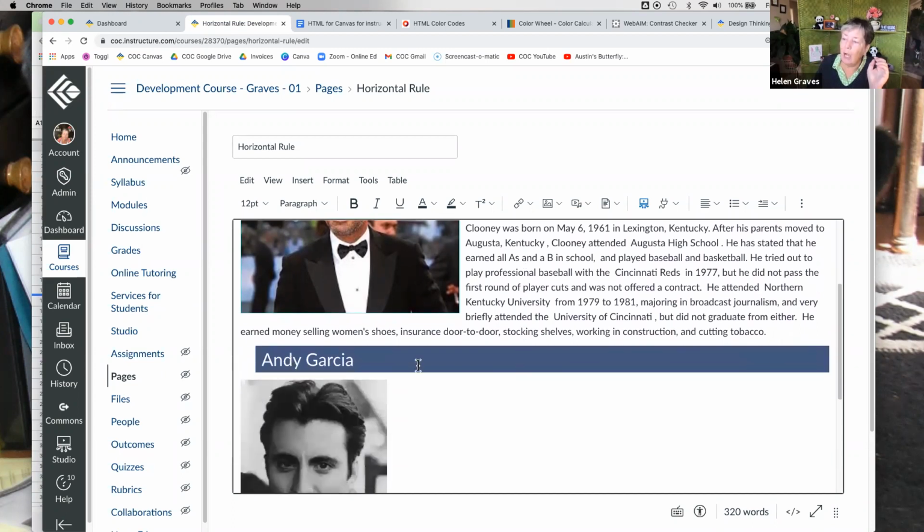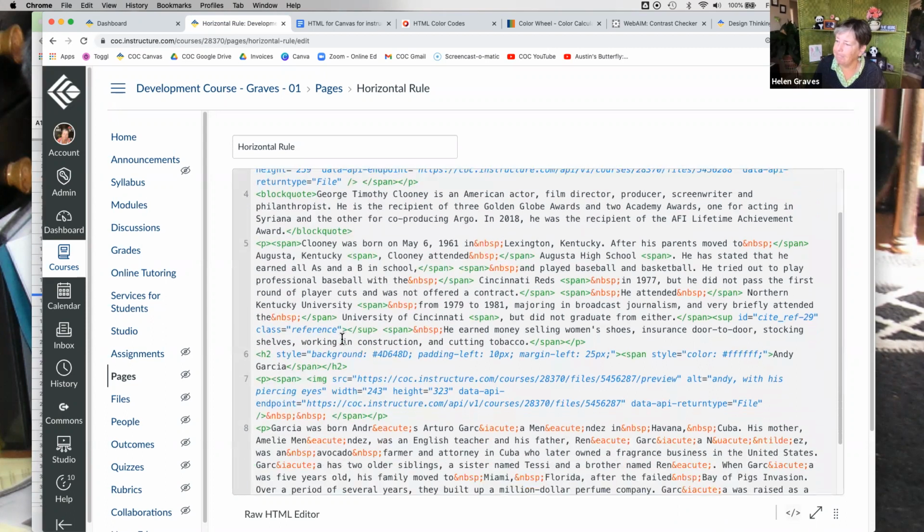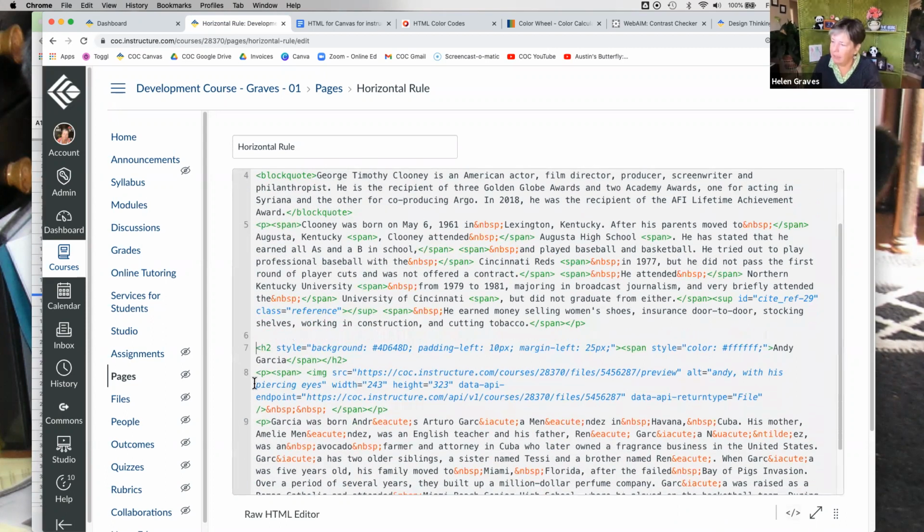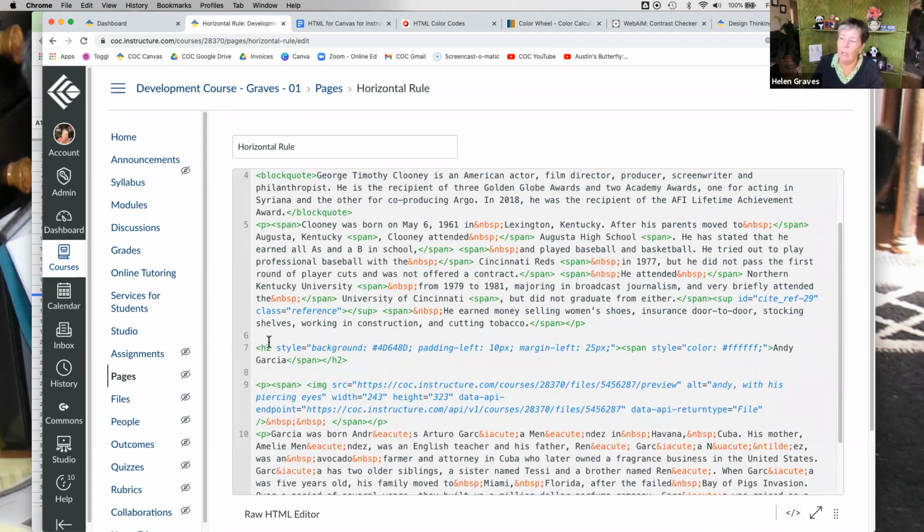So here we've got this section heading, but we added a background to it just for visual interest. In order to get that, let me isolate it for you again. It was the H2. So I had my regular heading and I marked it as an H2. Then I came into the code and I added a style parameter where I said background, and it knows that means background color.